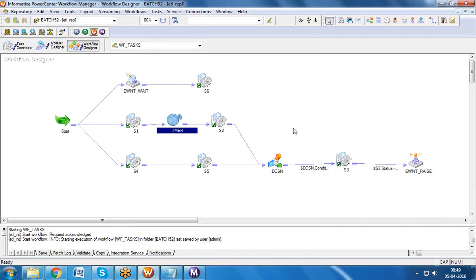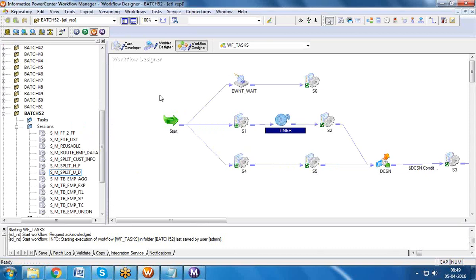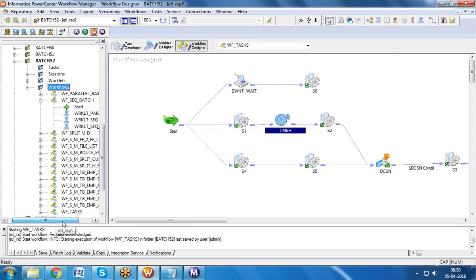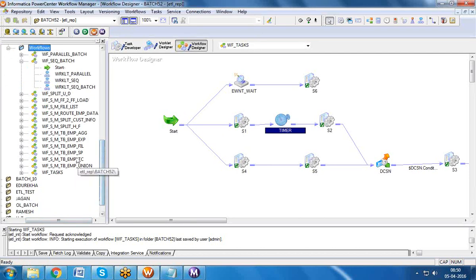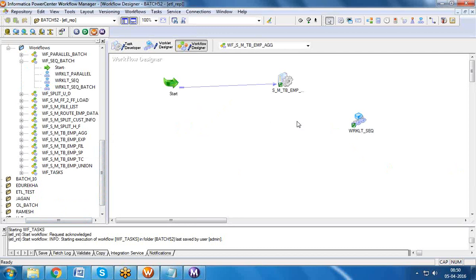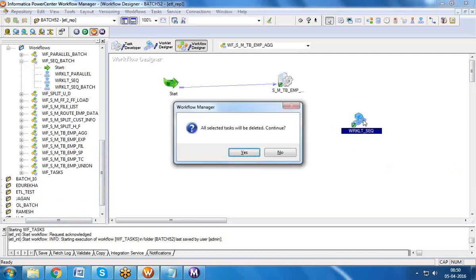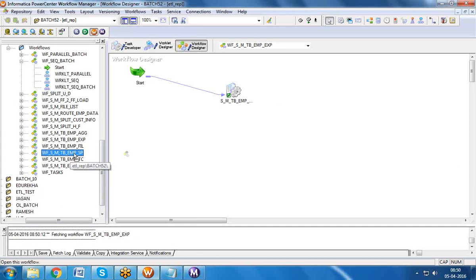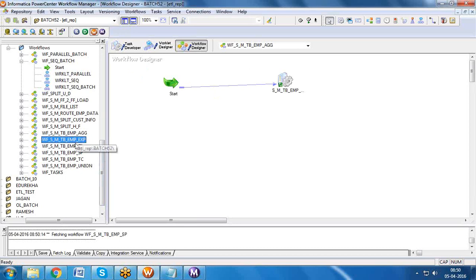Okay. One more very important task that is called as command task. I have a requirement, guys. This is a very regular interview question. I have three workflows. This is one workflow, this is the second workflow, and this is the third workflow. My requirement is if the first workflow gets successfully completed, automatically the second workflow has to trigger. If the second workflow got successfully completed, automatically the third workflow has to trigger. There should be no manual intervention. How will you handle this scenario?